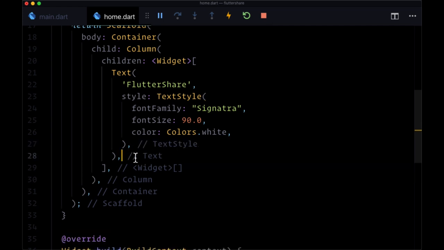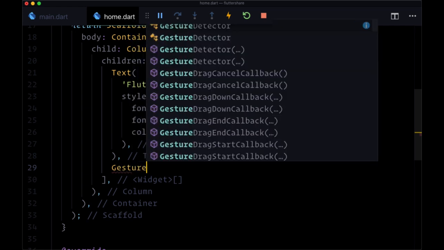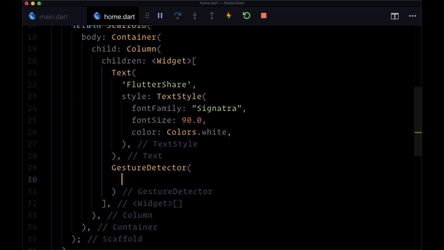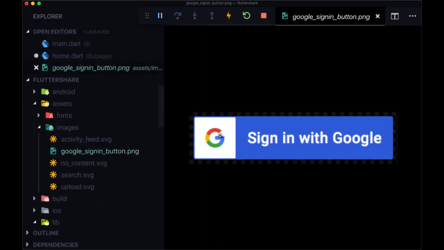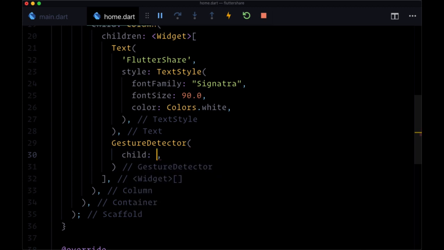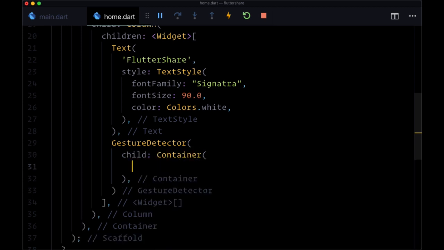After the text, after we see the closing tag here, we'll add a gesture detector, and this is to make our image that we're going to be using and displaying here function like a button. So the image that we're going to be using is the Google Sign In button PNG I've included in your images folder. So for our gesture detector child, we're going to have a container which contains our image, which will